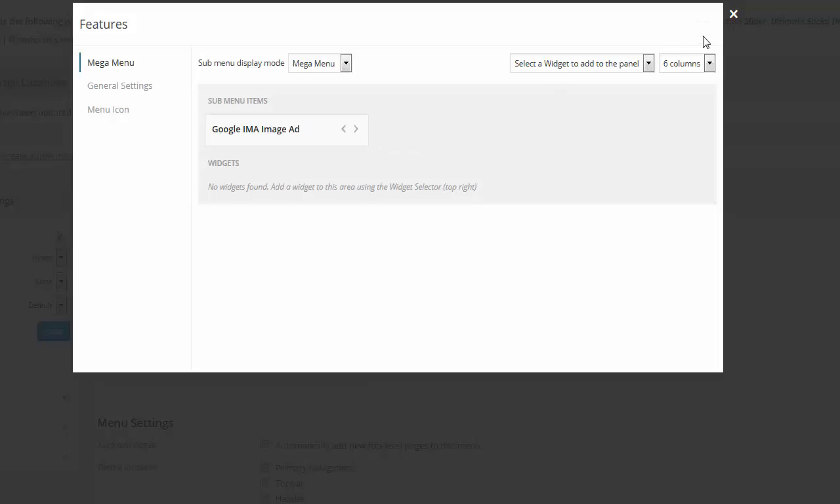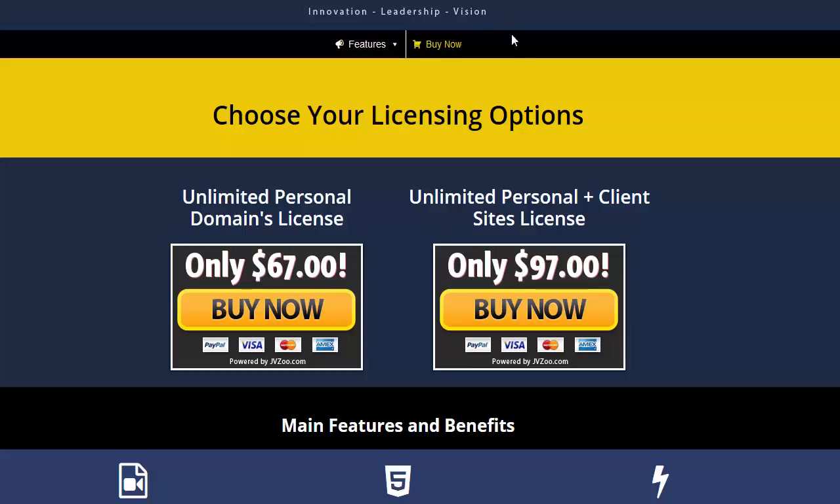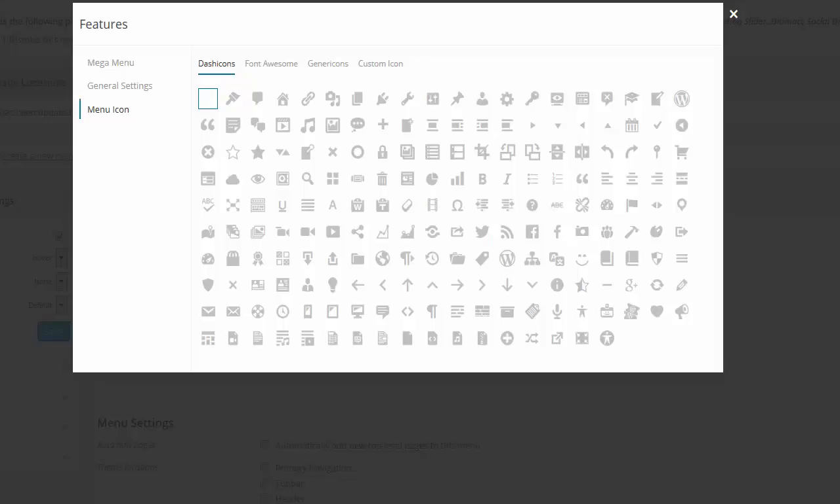Okay? Perfect. That is saved already, and you'll see there that it has a menu icon. There are a lot of different icons that you can add, but I'm going to add this one right here. It says there's a buy now, there's a cart button, and this is kind of like a little speaker there. Okay. So once again,